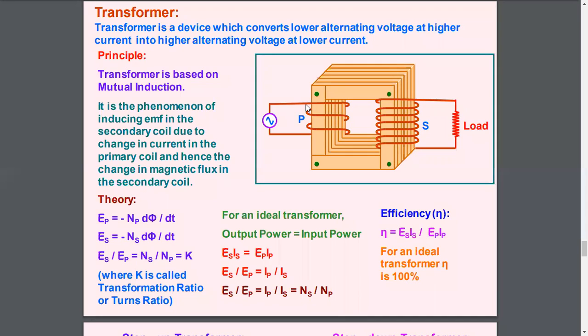So a power generator supplies the current at high voltage and low current, but when it comes to the consumer point, it is converted into high current and low voltage for the purpose of use. And this purpose is met by the device called a transformer. A transformer transforms a power supply of high voltage and low current into high current and low voltage. So we see this is the block diagram of a transformer, and